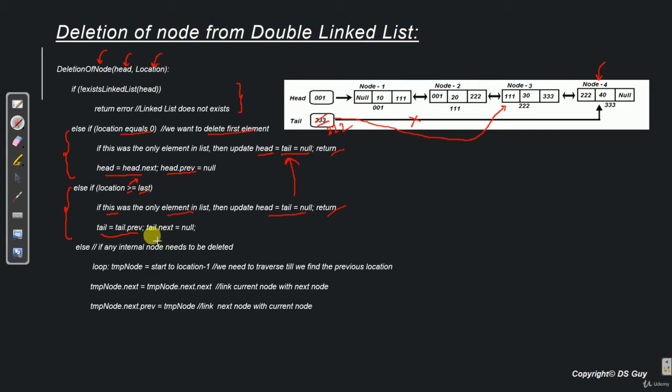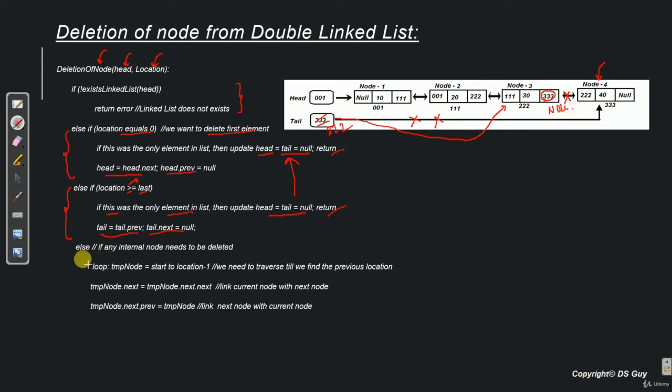Now the second step is tail.next is equal to null. Now what is tail.next? Tail.next is this reference over here. So right now we are pointing to node 4. So we need to do this disconnection. So for that we have to put a null over here. So now node 4 is not pointed by tail anymore, neither is it being pointed by node 3. Hence node 4 automatically gets eligible for garbage collection. So this is how we delete the last node in the list.